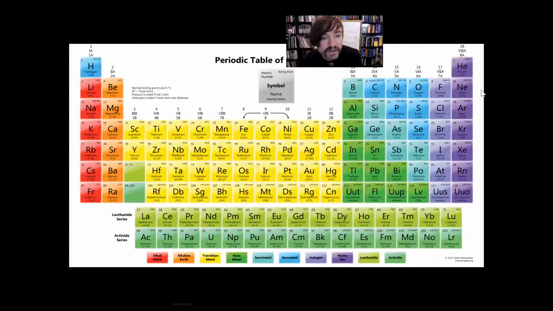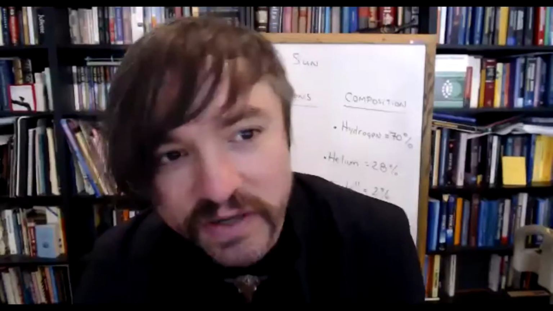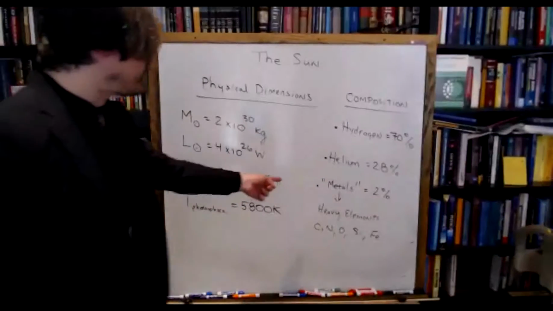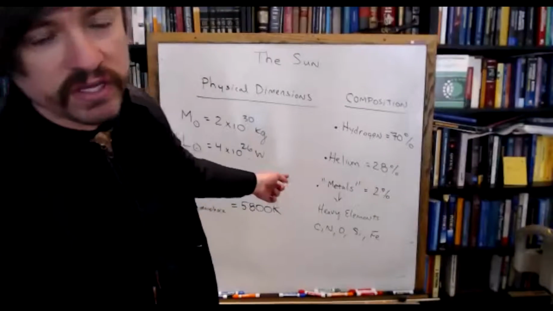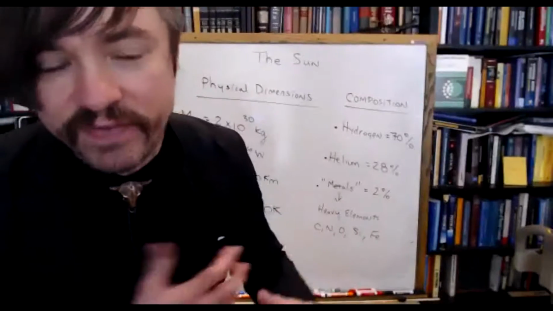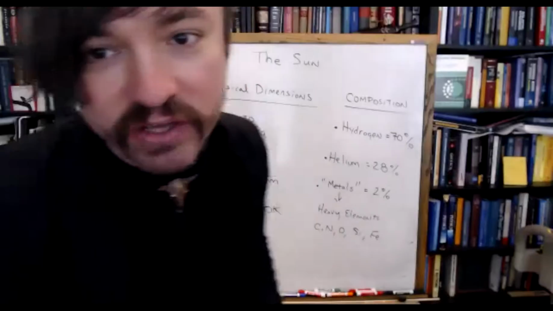So they just say, screw it. Everything south of those two atoms, they kind of cutely refer to as metals. But you should understand that your chemistry teacher would not feel the same way about metals as your astronomy teacher does. So I want to make that point clear to you guys. I'd also like to make the point clear that just because 2% of the sun is in the form of metals